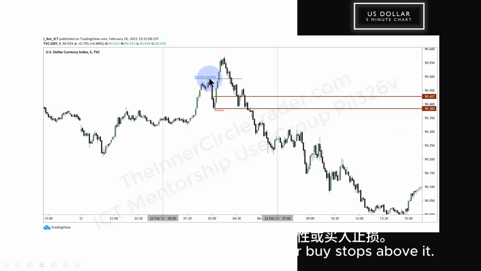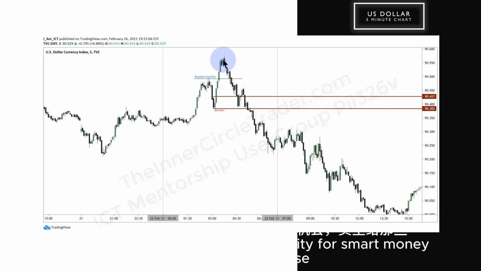This high here has buy side liquidity or buy stops above it. And when we ran from here up, they've taken out those buy stops. So they raided that. So anyone that wanted to sell short here, their stops are there. So they want to be a buyer there. Sure, the algorithm will run up there and give it to them. They can be a buyer and get stopped out with a loss. The algorithm provides the opportunity for smart money to sell short to those buy stops and take their position over,